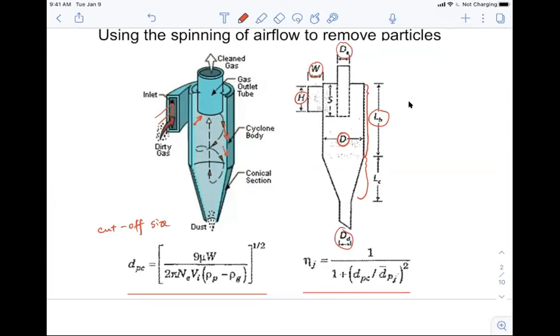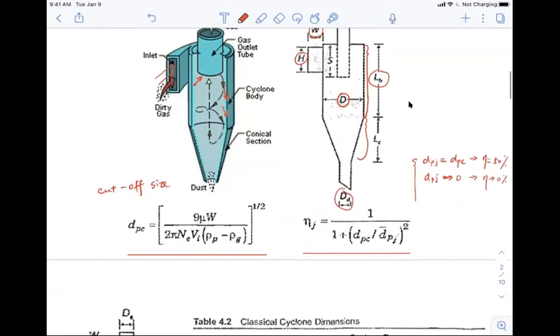So we basically showed that when, let's say, dpj is equal to dpc, we found that eta is equal to 50%, okay, which means that at the cutoff size, the removal efficiency of the particle is 50%. And then when dpj goes to 0, which means that particles are becoming very small, eta goes to 0%, right? So the cyclone is very ineffective at removing smaller particles. And when dpj goes to infinity, we have eta goes to 1,